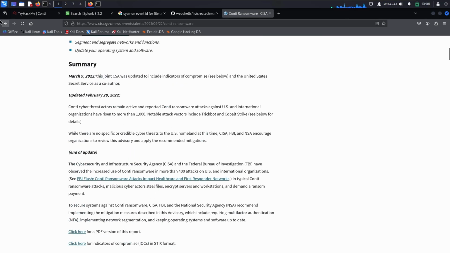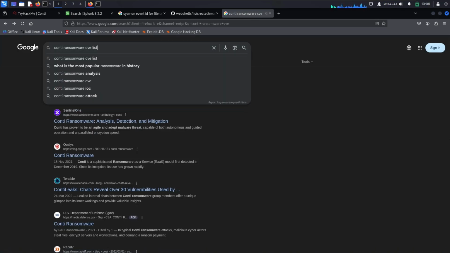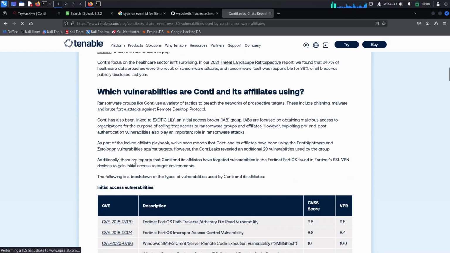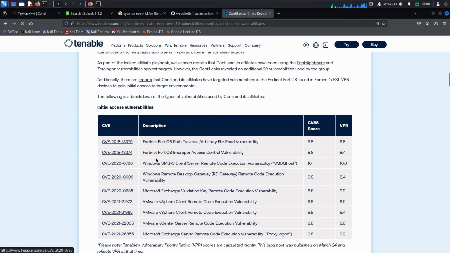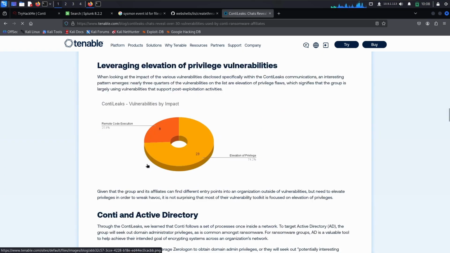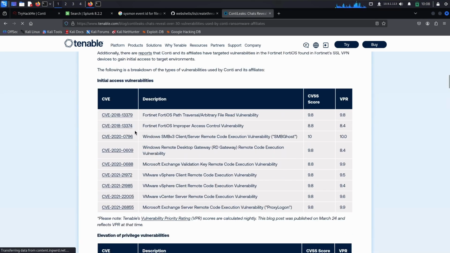We can just search for the Conti ransomware CVE list, and we can see the list from Tenable. So in the Tenable list, I was able to see a list of CVEs in the Conti ransomware. Okay, so here let's see, we can see the initial access vulnerabilities, and we do have a lot of CVEs, and we can just choose 3 of them. So it's saying that we just need to enter it in ascending order, which means from largest to lowest. So we can just copy it from here